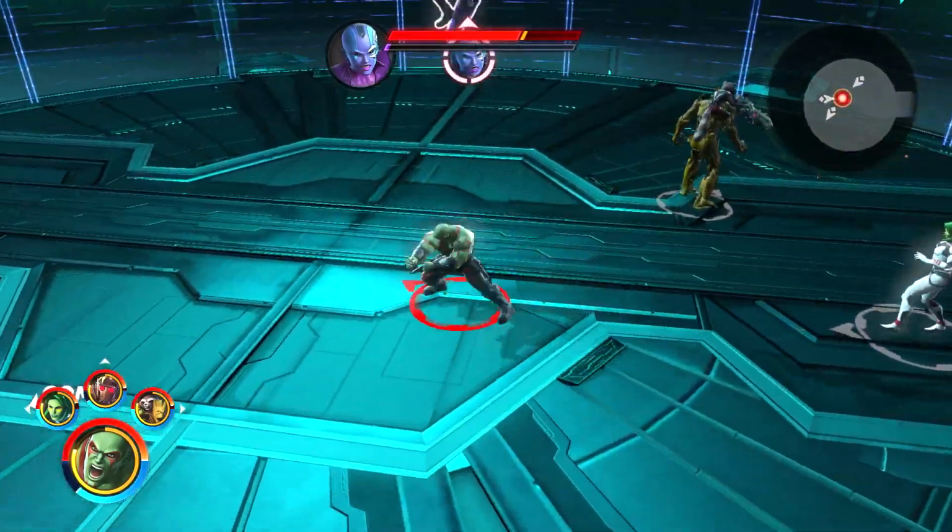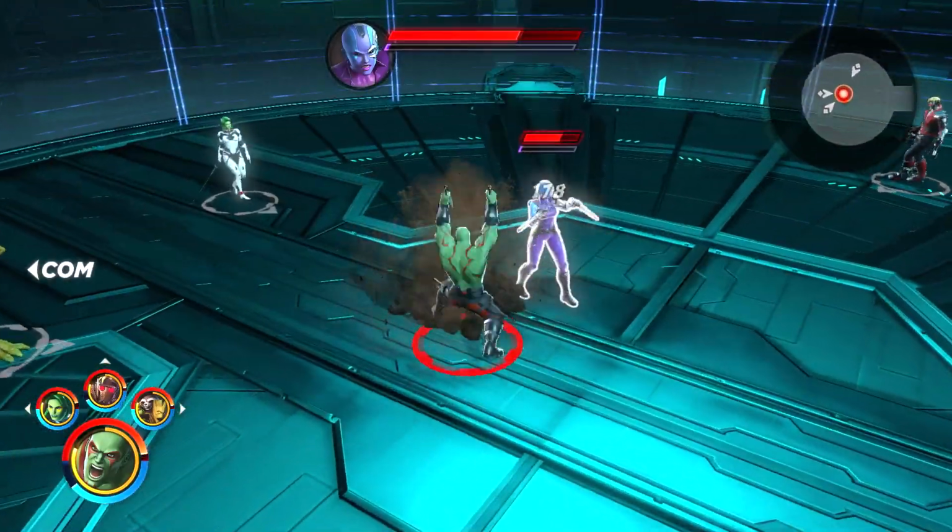And then you want to use a synergy, stun them, and then use a finisher to do as much damage